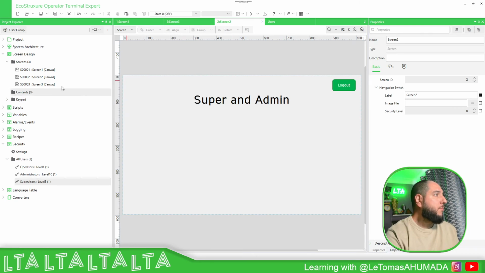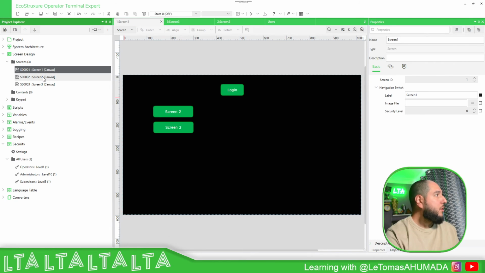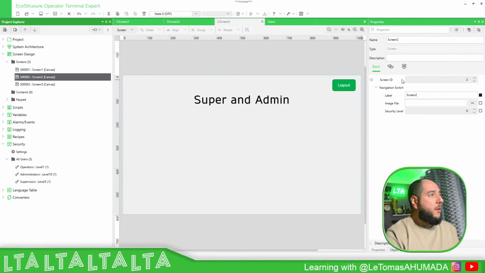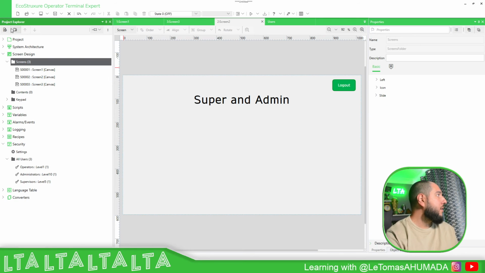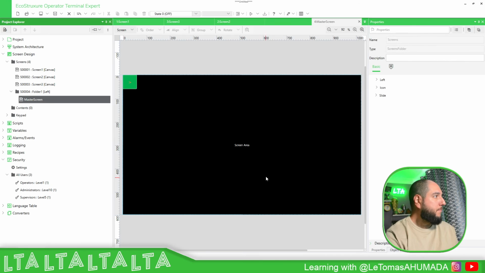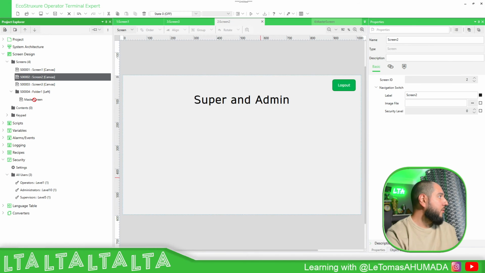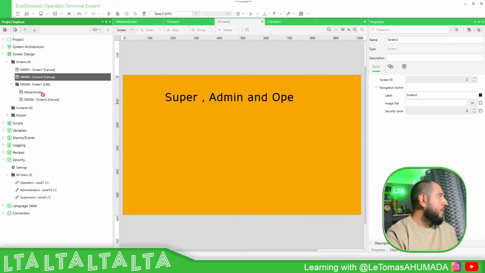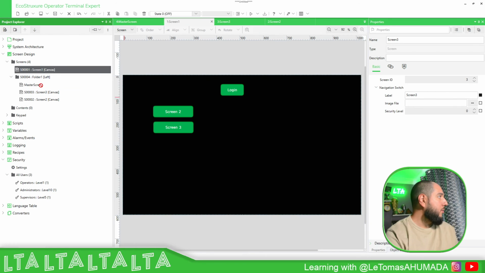There is another option. Here you have the navigation switch with the security level. So if in case you use the folder for navigation, you will need the security level in order to use it, in case you want to use the switches. Okay, this is another way to do it. If you go, for example, here, screen, folder, left, okay, and I move this to here, this one to here, and this one to here,